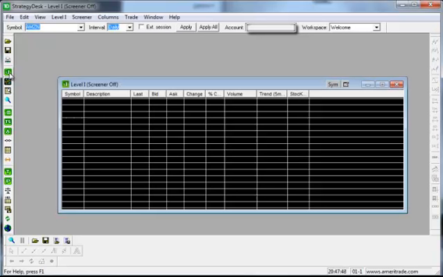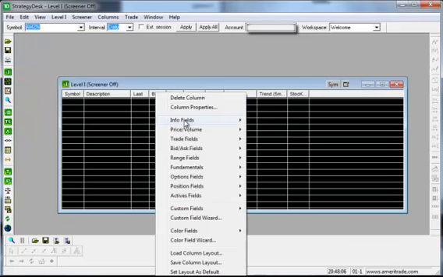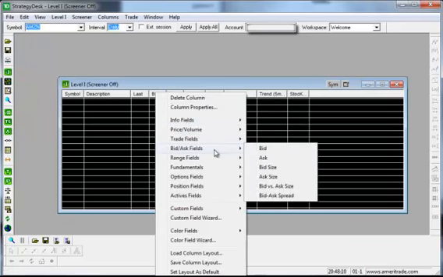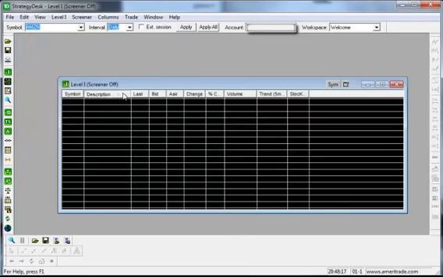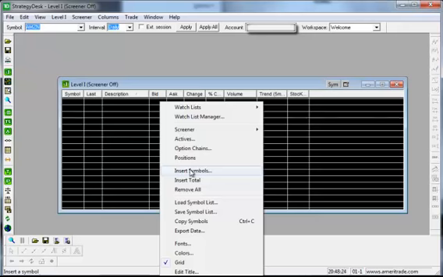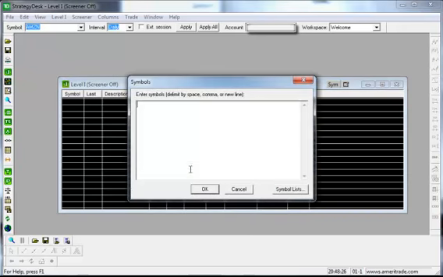This is your level 1 screener, similar to a watch list. You can input as many symbols as you want into this list and track them throughout the day based on the different columns that you want to watch, and you can add or subtract columns with these preset options. So you can rearrange these however you want, and you can insert symbols by right-clicking and then click Insert Symbols,